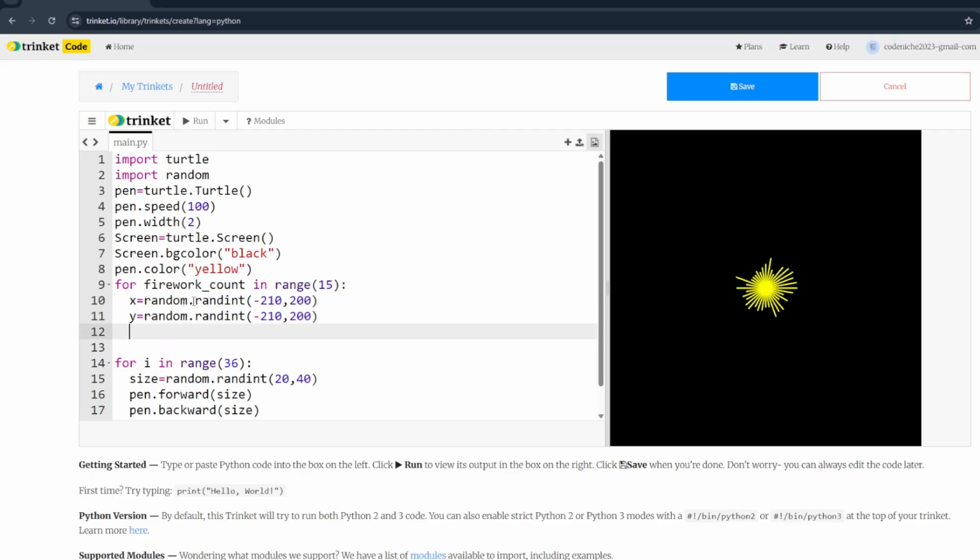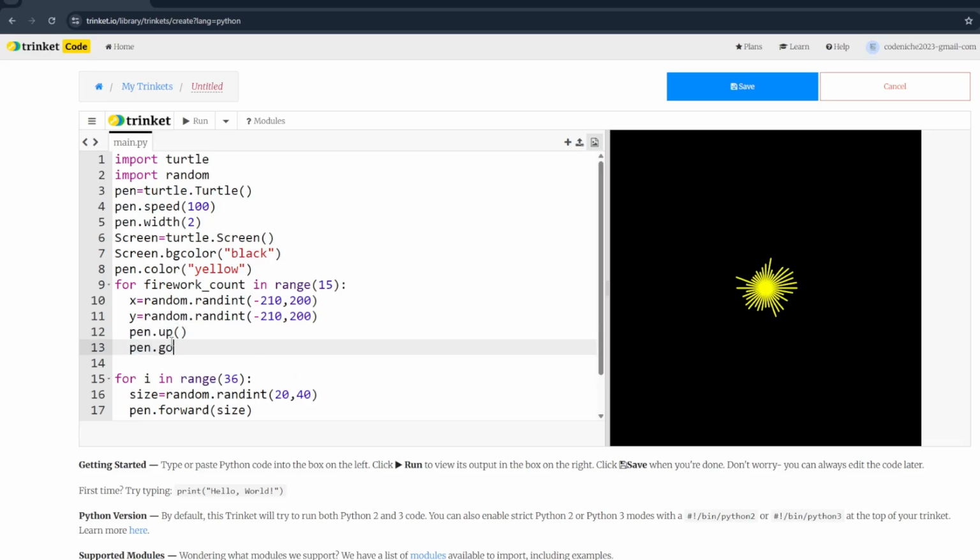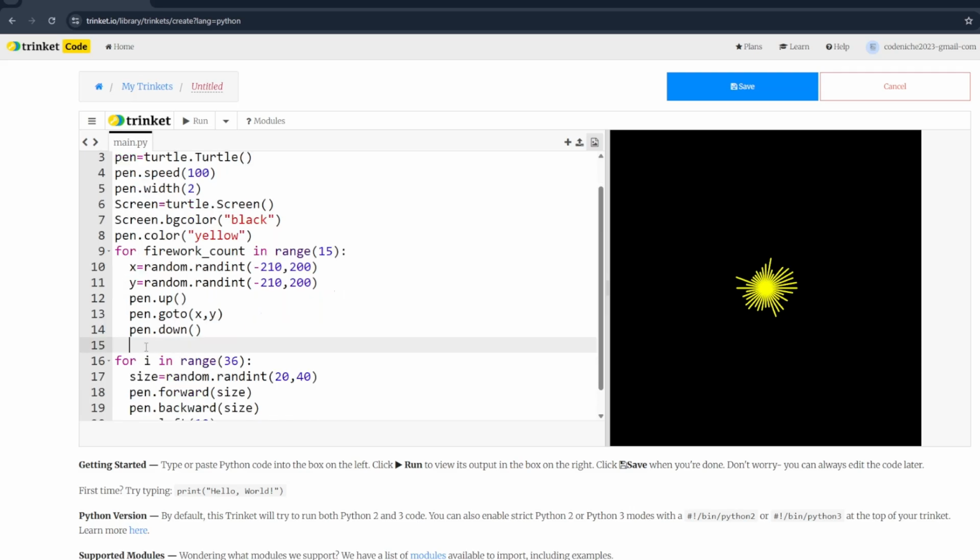Once that is done, we are going to assign this value and we are also going to change this color, right? Now for setting the location, I'm going to use up, which is quite common and we have been using it. Once you have the x and y coordinates randomly chosen for each and every one, you can use this code. Okay, now here we go. This is how we will draw it, right? But here is another catch. I need to change the color. This is only going to be yellow forever. I don't want that, right?